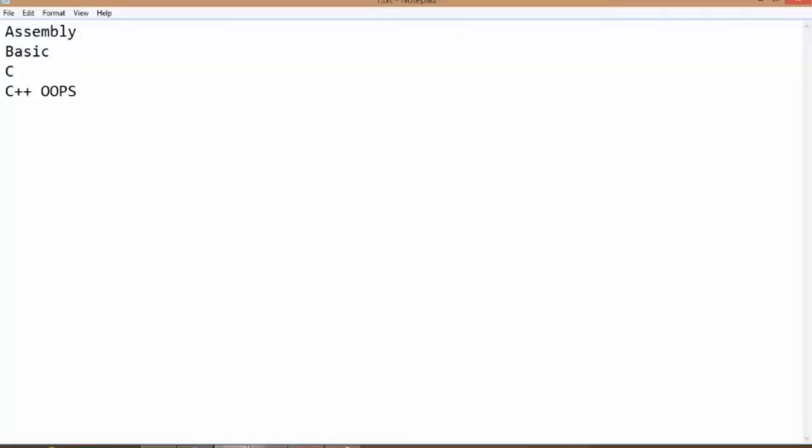But again, there were two or three things missing in these programming languages. We don't have a complete package where we can create, deploy and test applications. For example, if I have created an accounting software, I can create the source code in Java.